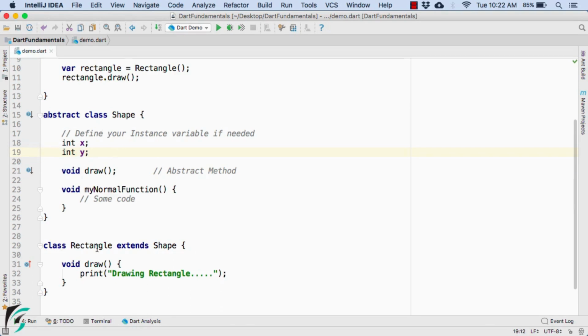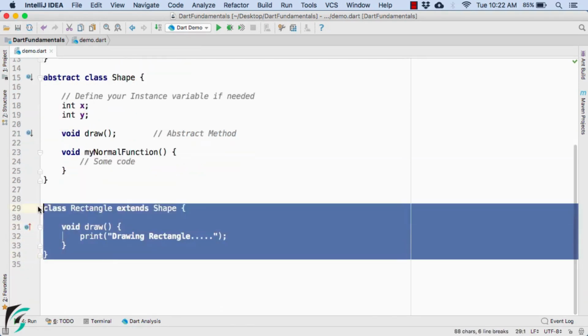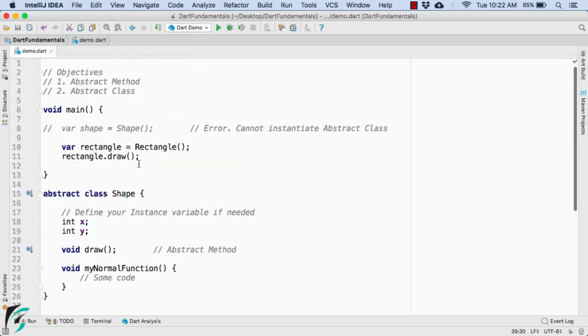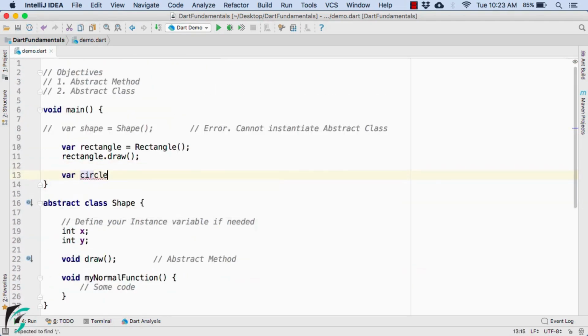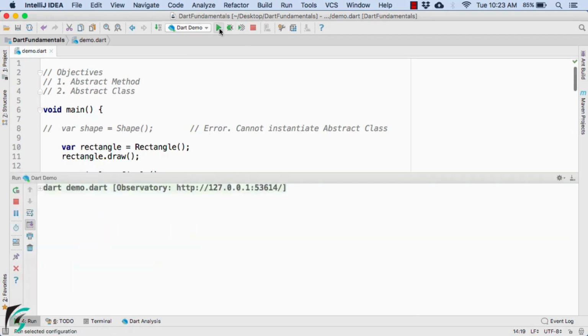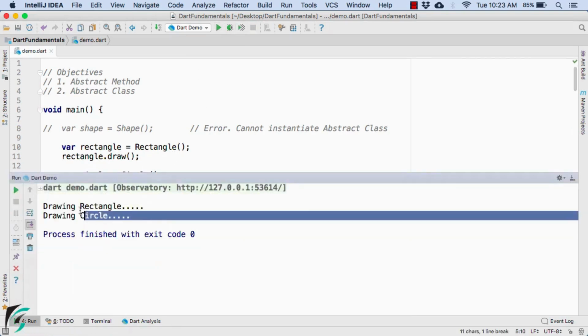And similar to rectangle, you can define another class of circle and then reuse the abstract class of shape here, and here use drawing circle, and you can instantiate the circle object and call the draw method. Perfect. Launch the application and we are getting the output as expected.